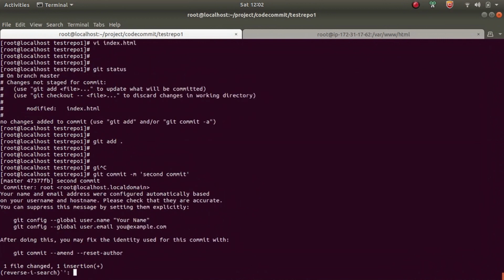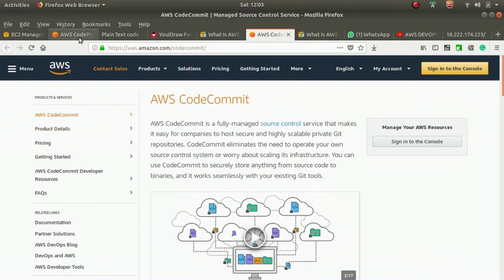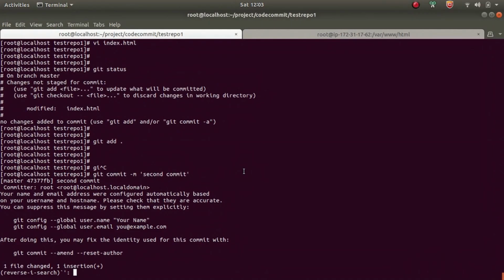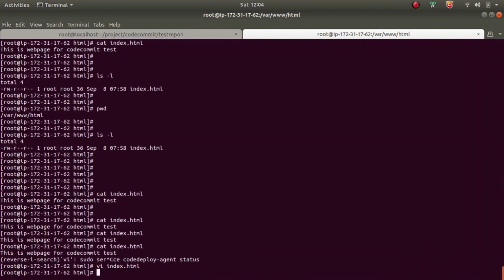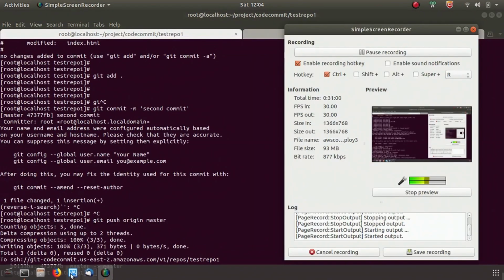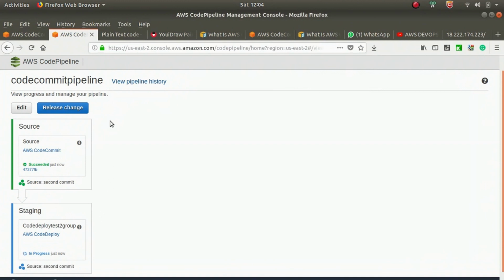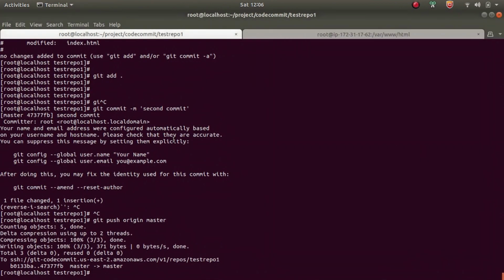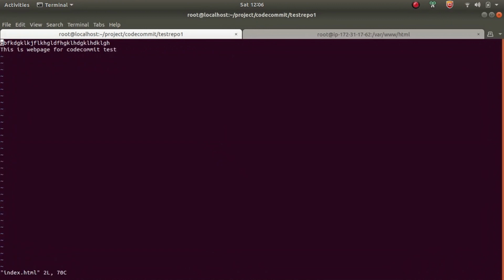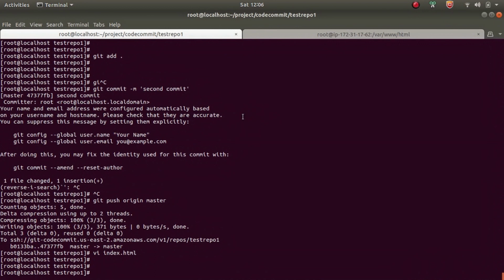Git. Now I'm going to change some contents in the index.html. I add some additional contents here.